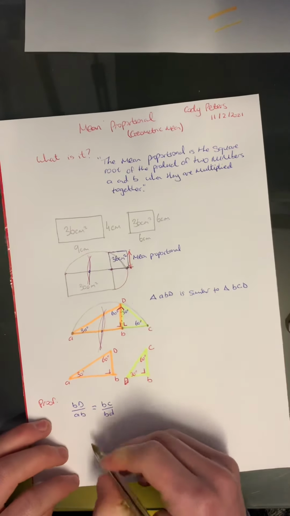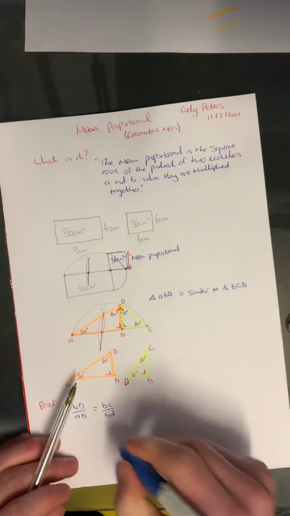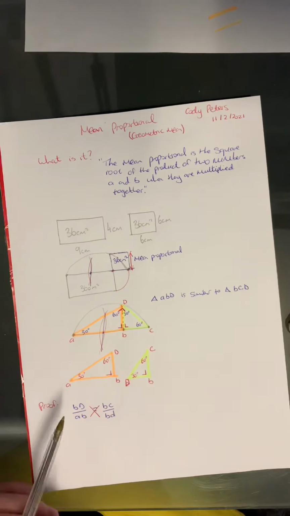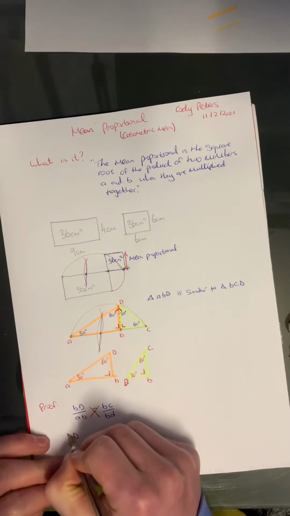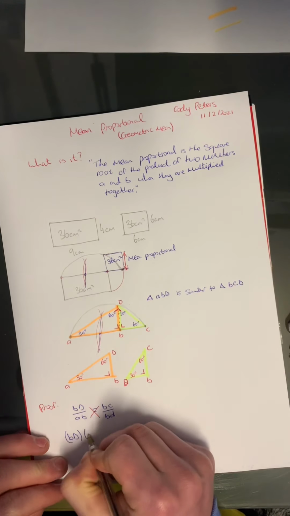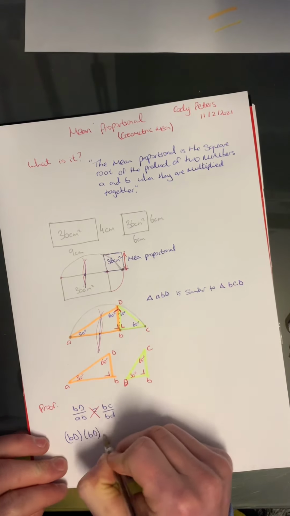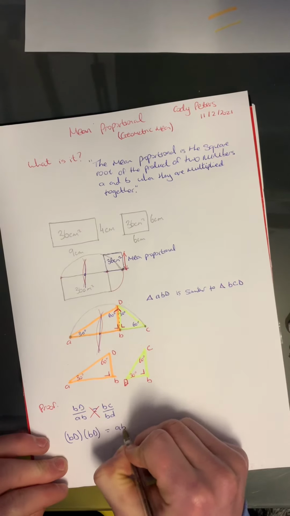And what we're going to do now is we're going to cross multiply. So it's BD by BD is equal to AB